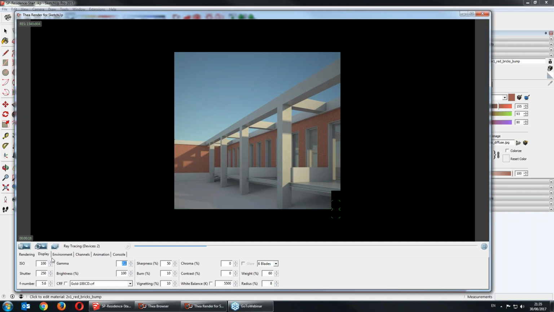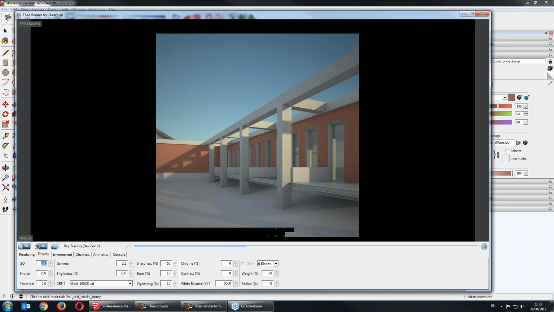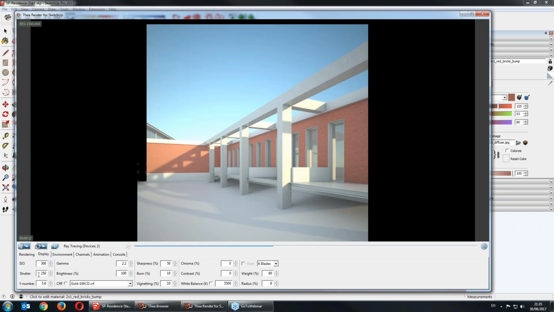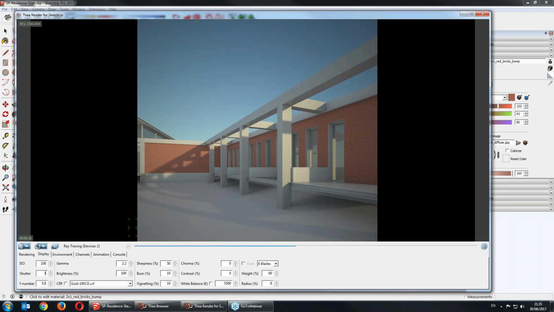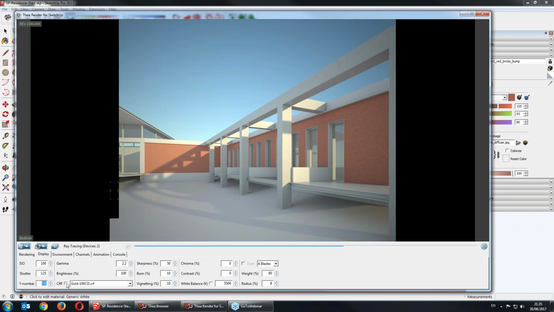At any time while working, I can do some post-processing. The first column is for the exposure of the render image. I can increase the ISO to get a brighter image. I can decrease the shutter speed to also increase brightness and also the F number. I can use the CRF function, which is camera response functions,